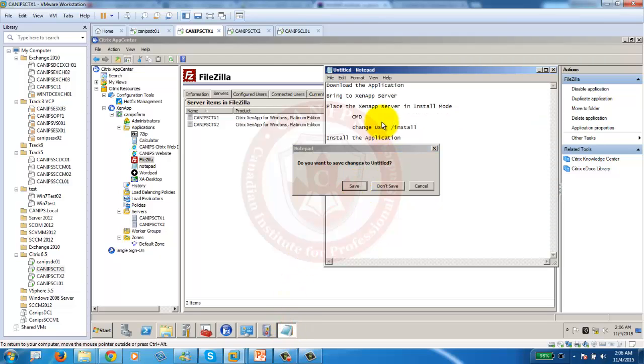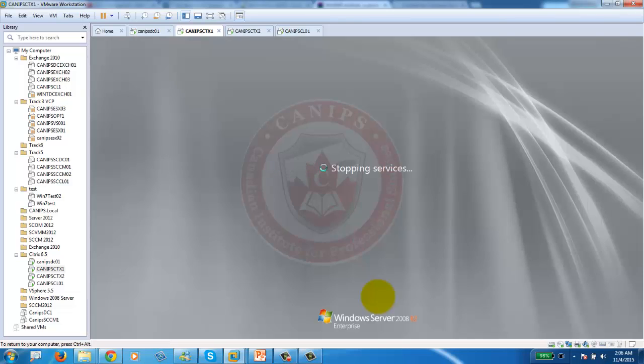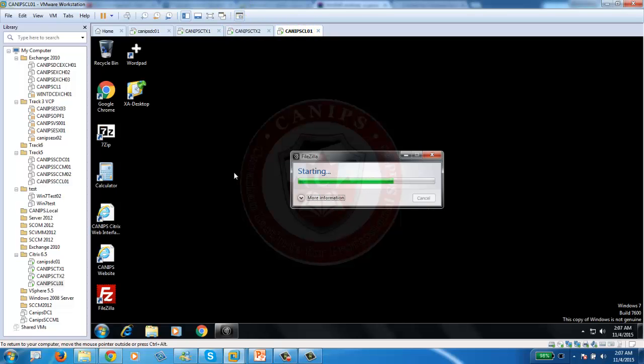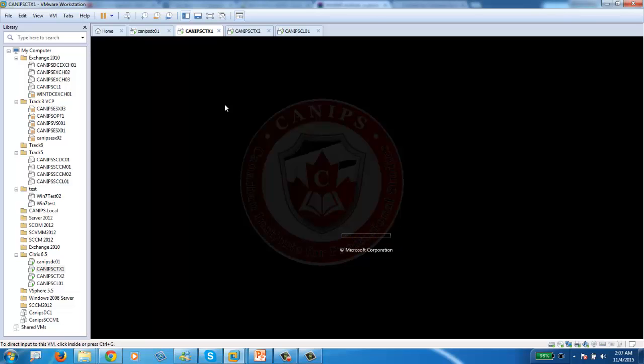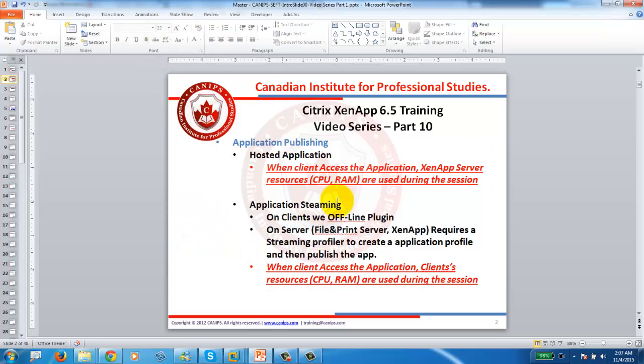It's asking to save that information I created. So we don't need that information. Server is restarting, and here this is my client machine. Client machine is ready. As soon as the server comes back, we are going to create the profile. But in the meantime, while this is coming back, let me give you some more information about streaming profiler. So with the streaming profiler,